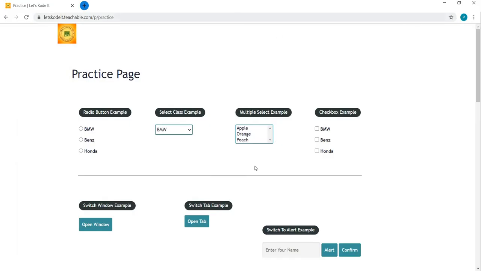Now as soon as a browser window starts, what happens? Whenever any window opens up on a machine, it gets one property set by the operating system. That property is called WND handle.